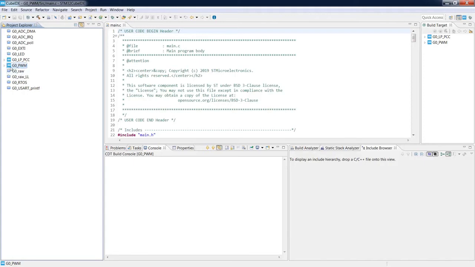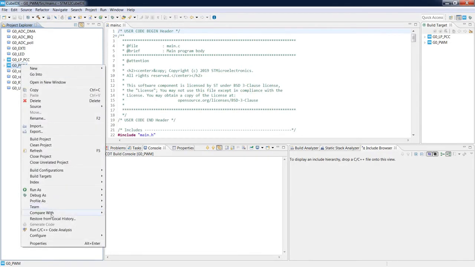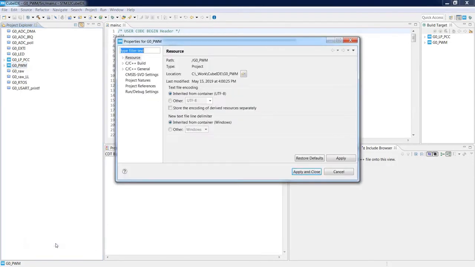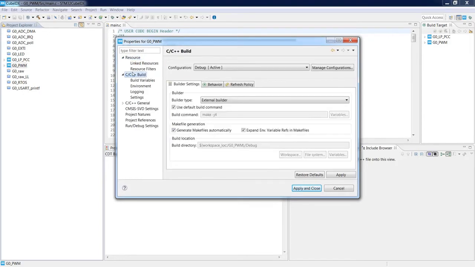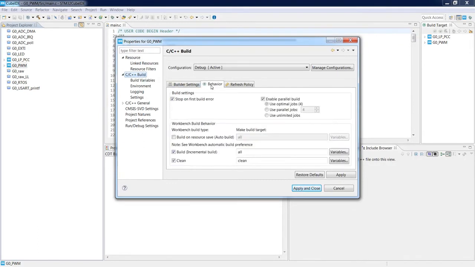If we select the active project, in our case G0_PWM, I press the right mouse button and select the last position from the menu. It is Properties. A new window will be displayed on the screen. Its title is Properties for and the name of the project, in our case G0_PWM. Within this window we can perform some configuration of the project, starting from selecting how the build process should